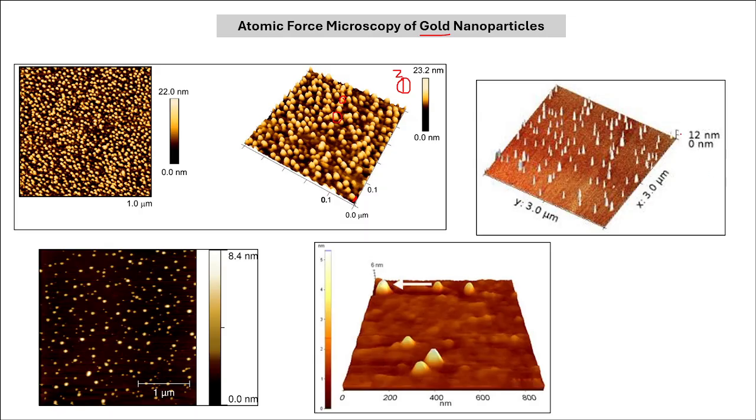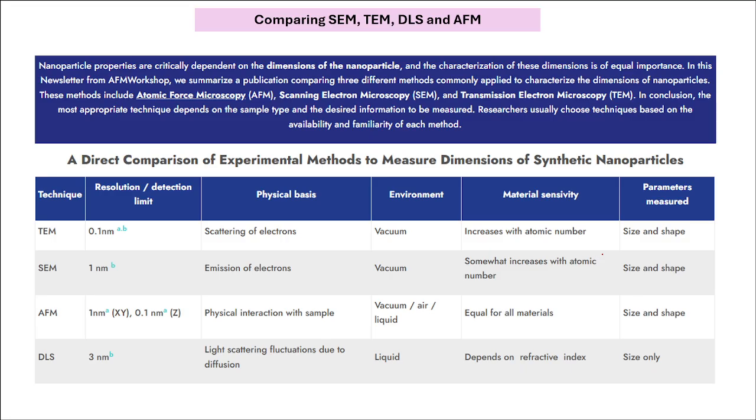Now this is also one of the AFM data. You can find all these kinds of data in the literature for gold nanoparticles and for other nanoparticles as well. This one denotes a height somewhere around 6 nanometers, and then this one can also be estimated based on different x and z axes. This one is for 8.4 nanometers. So this is how sample representation is done. This is what kind of data is generated by the instrument.